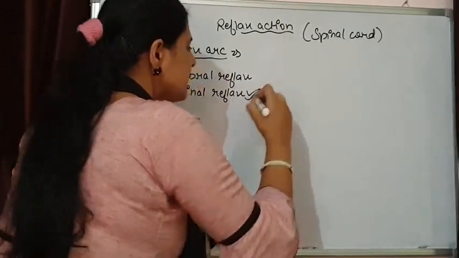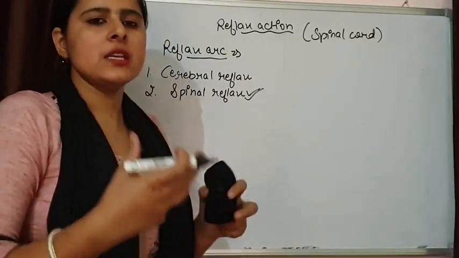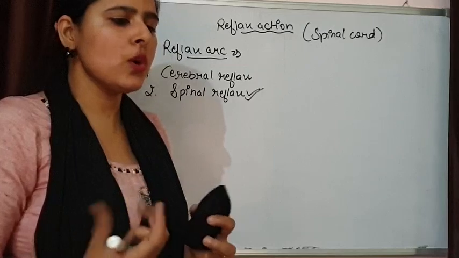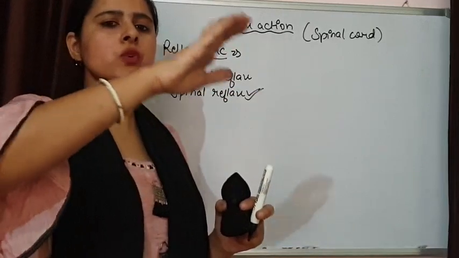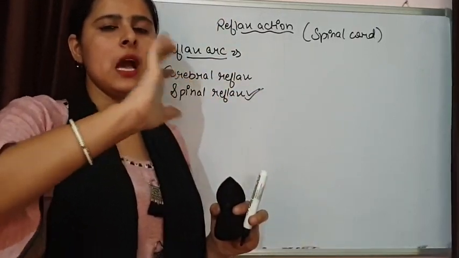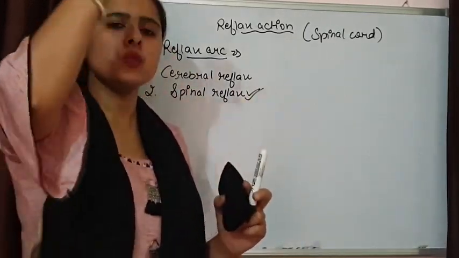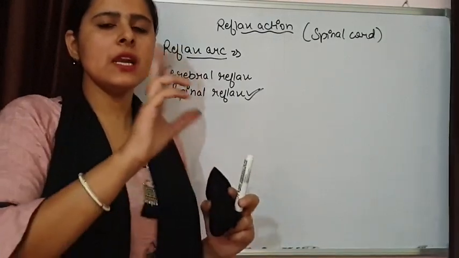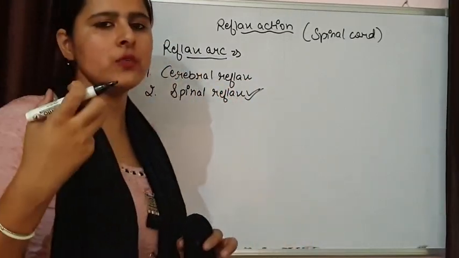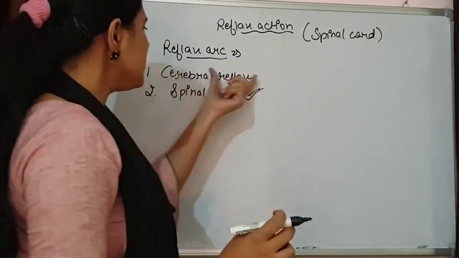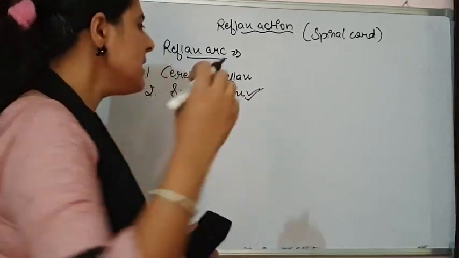Generally a spinal reflex takes place, and in very few cases, or you can say in complex situations, a situation that can have two consequences. Suppose a hot plate is kept at the edge of the table, and if I am going to touch that hot plate, that means the cells of my hand are going to be injured, but if I am removing my hand, the plate is going to break down. So these are two consequences of one single situation. In such a situation, sometimes the brain is also involved, that means we think for a second, that is a cerebral reflex, and sometimes without thinking we give our response, that is the spinal reflex.